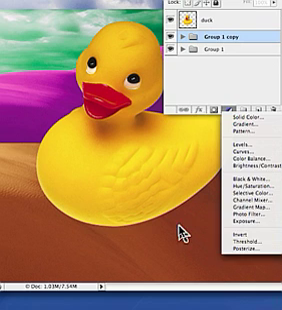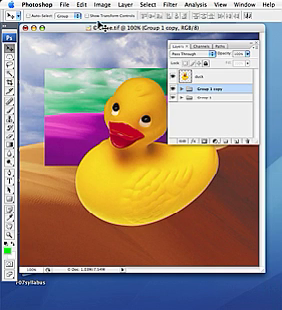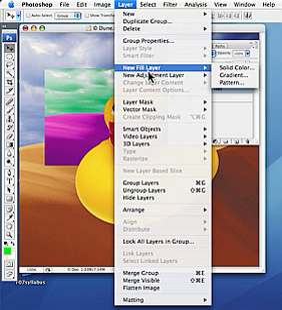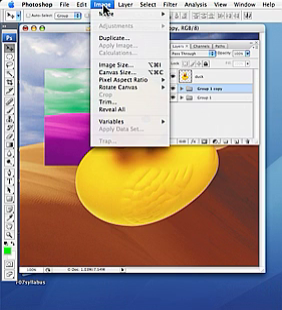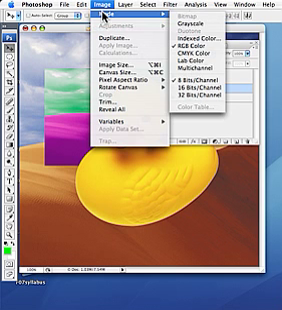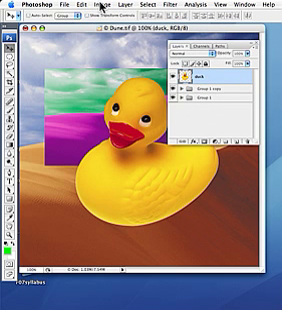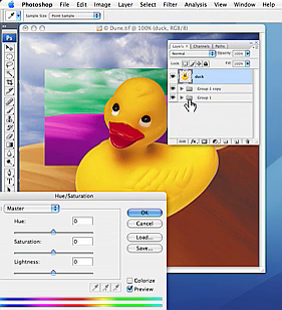Now, all of these tools are available up in the main menu under Layer, and here we have many of these same kinds of things that are available. But what if we do that, for instance? Let me get to a layer here. Let me just click on a layer. And if I go here and I say Hue and Saturation,